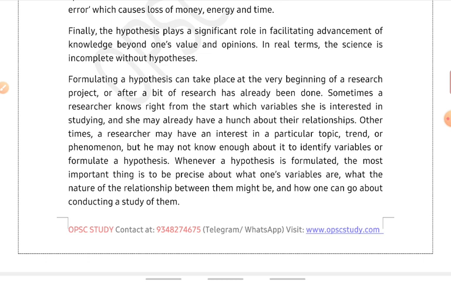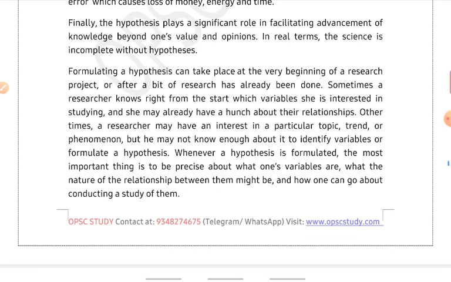And then verifiable, you should be able to verify that hypothesis, whatever you are making, so that when the theory is completed, you can verify that okay, this hypothesis I built was based on these facts and figures, so yes, this is now correct. And it should be more logical. You can't just pick up any random topic and try to build a hypothesis on that. You need to be very logical in your approach. So this was the thing.